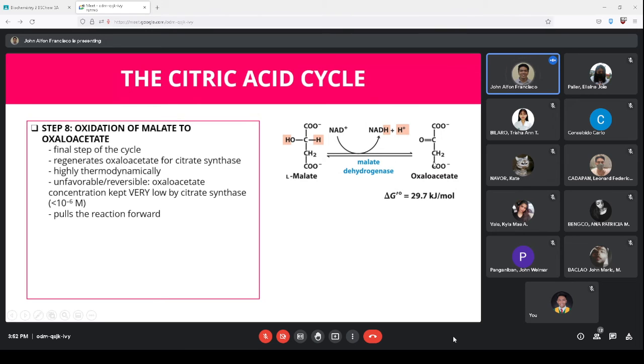So pwede rin magbalik siya doon sa L-malate. And para ma-regulate siya, you have to keep yung concentration ng oxaloacetate at very low concentration. Okay? So that involves ito yung meron sa citric acid cycle, yung 8 steps natin